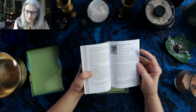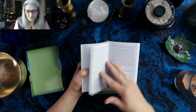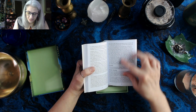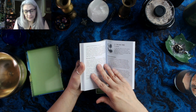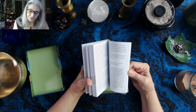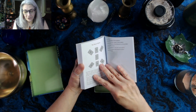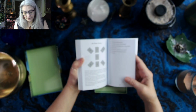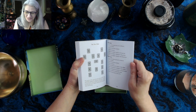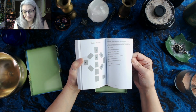And as they said, there's a description, botanical information, symbology. Wow, lots of information. Keywords, upright meaning, reversed meaning, and advice. Lots and lots of information here. And then we have card spreads. The flower spread, the tree of life, the two oaks. Oh, I'm liking this. The leaf of destiny,